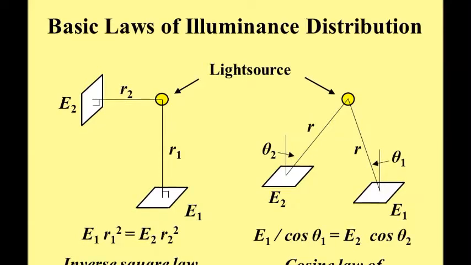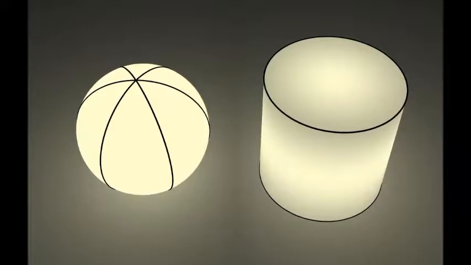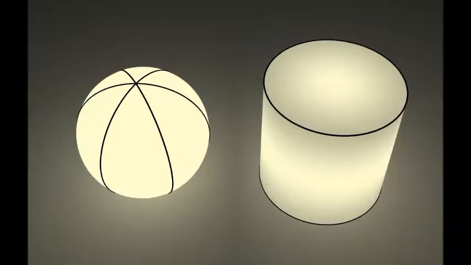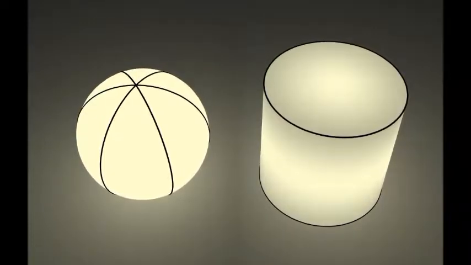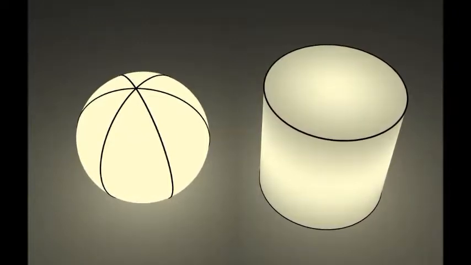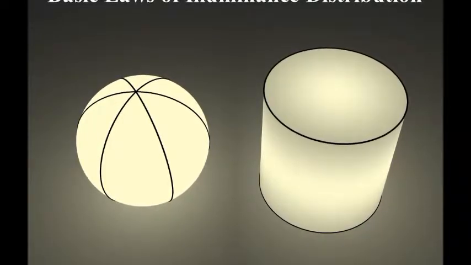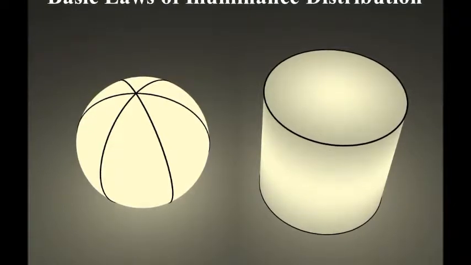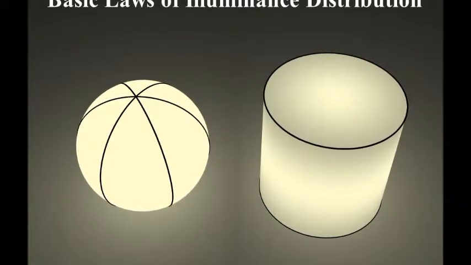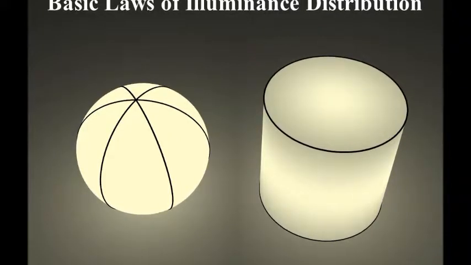Considering these basic laws for illuminance distribution, you can easily understand that a uniform illuminance distribution will appear if you put a point light source at the center of a spherical lampshade. It is very difficult to discriminate a sphere from a circle with the uniform illuminance distribution without additional geodesic lines. Even a lampshade of cylindrical shape cannot be easily recognized in its shape.